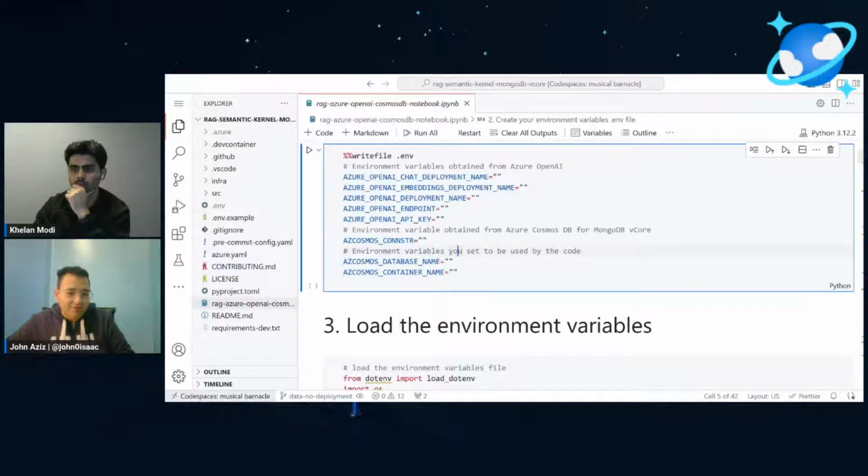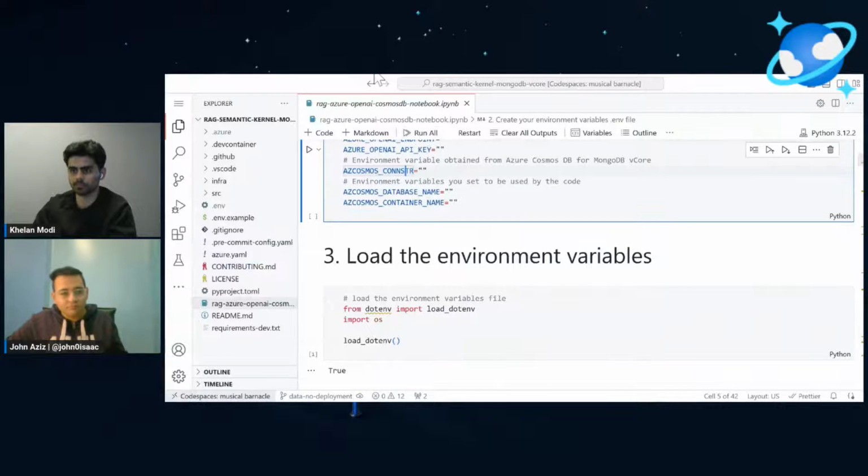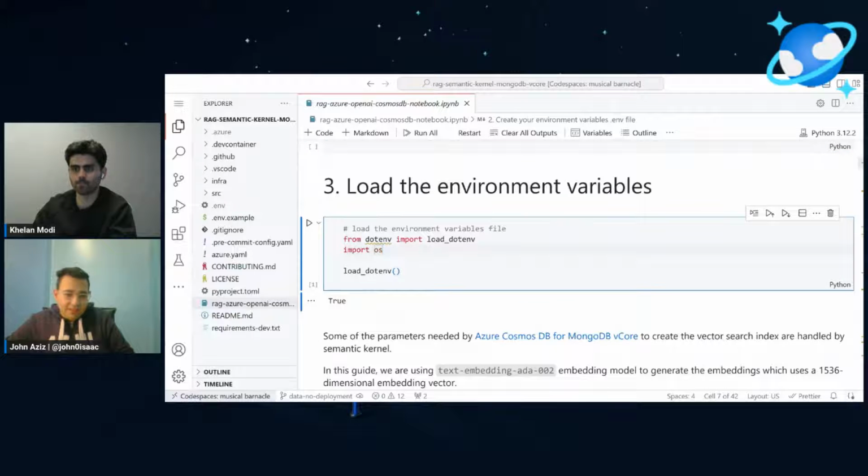And this .env file will have the deployment name, the Cosmos DB connection string, the database name, the container name, and this will be used in the code. So these two variables are not created yet. We will create them live while we are working right now. So all you need to get from Azure is a chat deployment name, embedding deployment name, and then OpenAI deployment name, and the endpoint, and API key, and the connection string for Cosmos DB. That's it. Then let's load this,